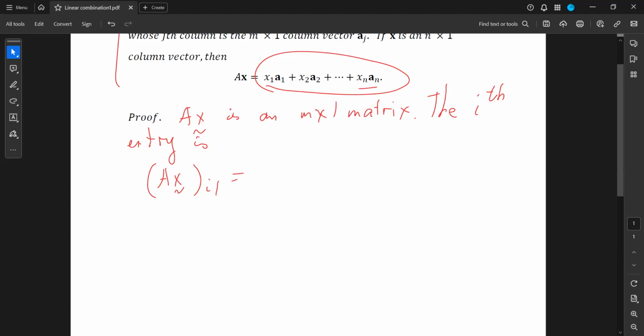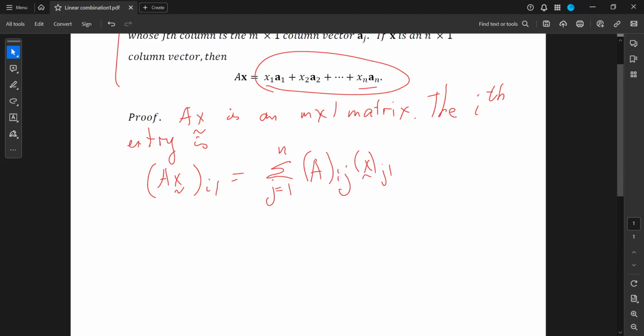The i1 entry we take from the definition of matrix multiplication. I think about x here as a matrix. It is a column vector,